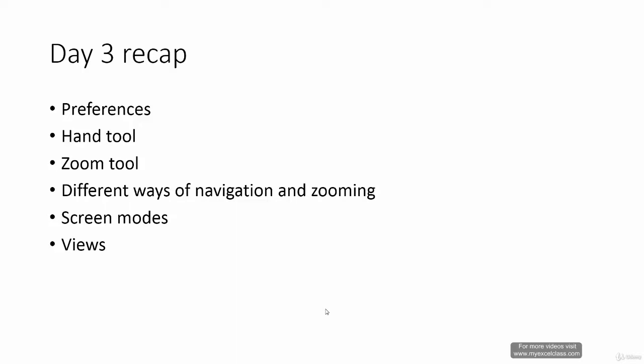Moving on, we learned about screen modes. Adobe Illustrator supports 3 screen modes: normal, normal without menu bar, and full screen mode. Or it is like normal, semi full screen and full screen. Those modes can be switched from the toolbar, or you can switch through those modes using the F key on your keyboard. Then we learned about views, how to create your custom views, how to switch to those views and how to delete those views. Also, we saw that a view only manages the information about zooming and navigation.